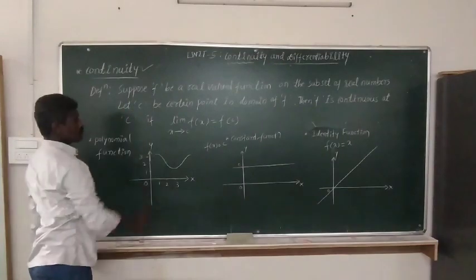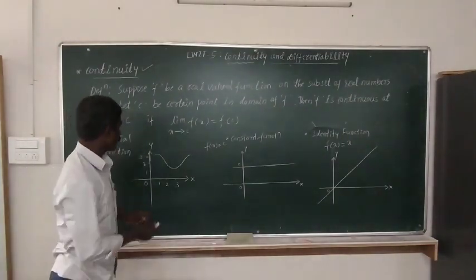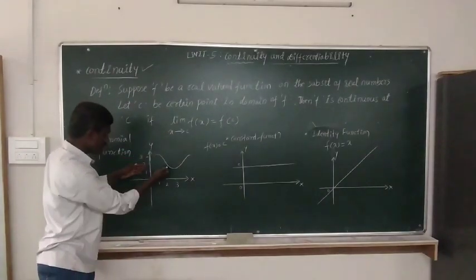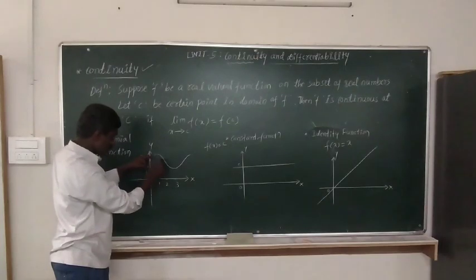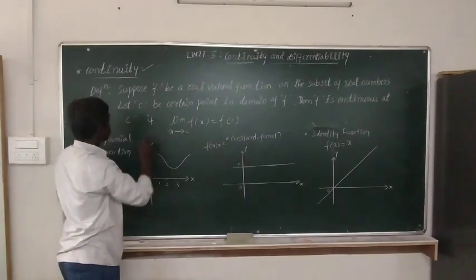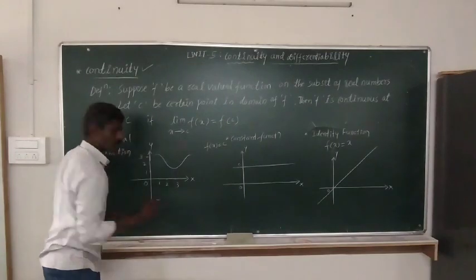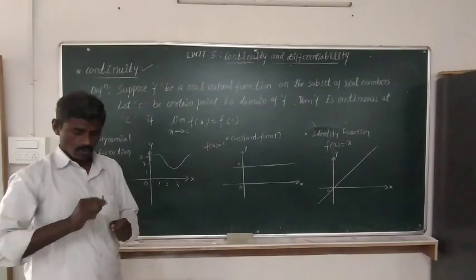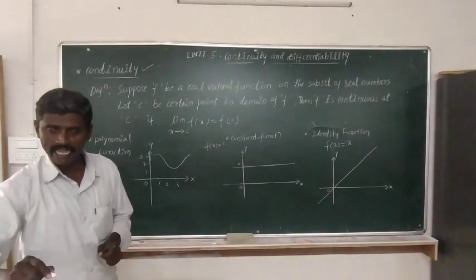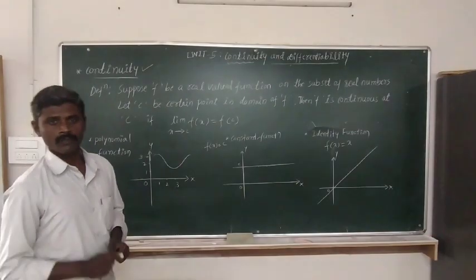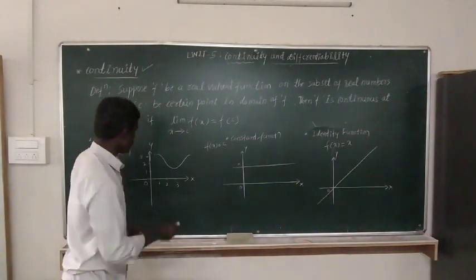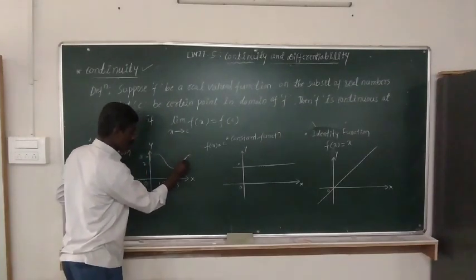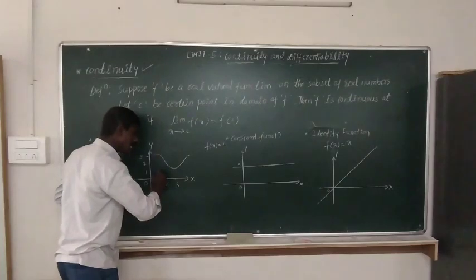The word continuity is nothing but continuous. Here we have some graphs. Say the first graph, observe here. This is like a parabola. Continuity means to draw the graph without lifting a pen or pencil, to draw the line in one sweep. See here, I can draw this graph without lifting a chalk piece. Such graphs are called continuous graphs.